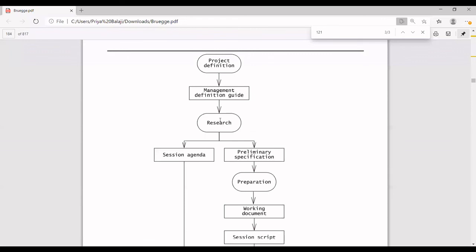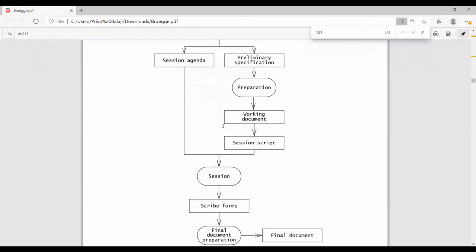The second activity is your research activity. In your research activity, the complete team will sit and interview the present and future users. That means who is using it currently, if they are using this type of project, and who are the users going to use it in the future, how it is going to be used, what things have to be included, which is already there, what things have to be included further, what the problems are, what specifications are required. All these things will be discussed in the research.